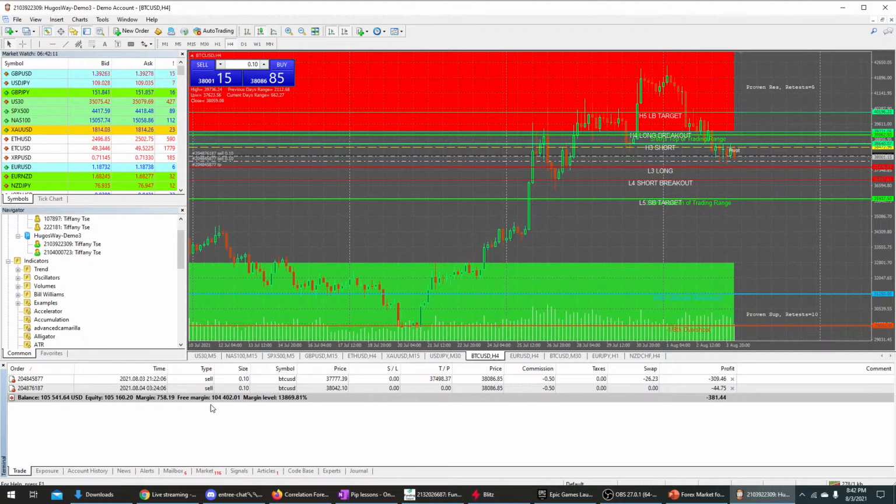So you see free margin. That's how much you're using. Right here, this is how much margin I'm actually using. Margin is the amount you're using, and free margin is the free cash that you're able to use. So I'm only using about $758